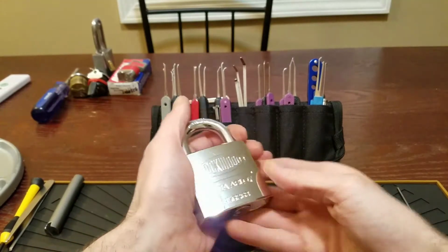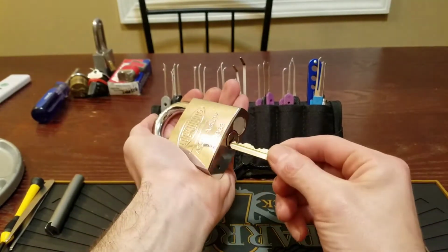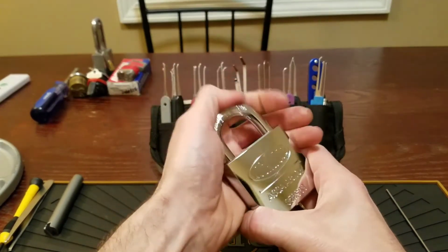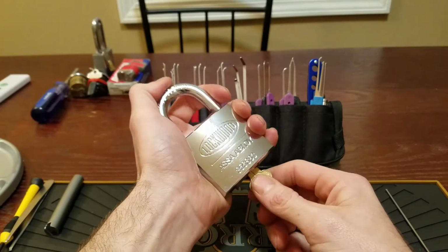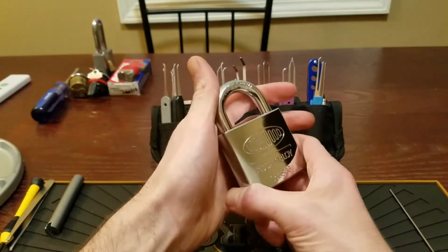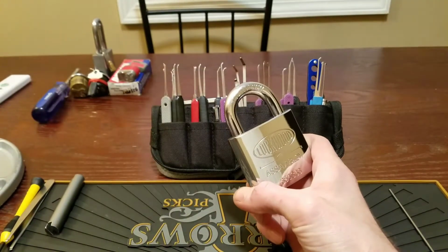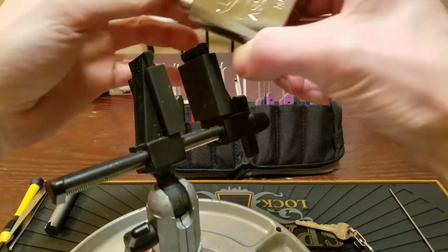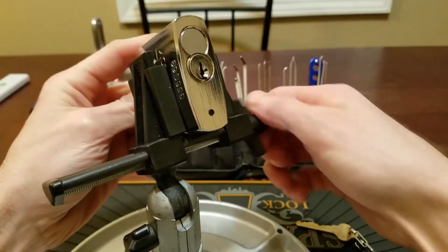Alright, so the lock I'm going to try to get picked today is this 63mm Lockwood. It was sent to me by another YouTuber, Noctis Motus. I think that's how you say his name. And yeah, awesome picker, and